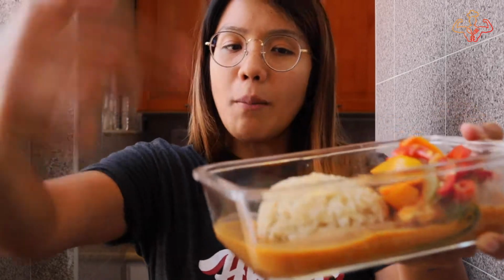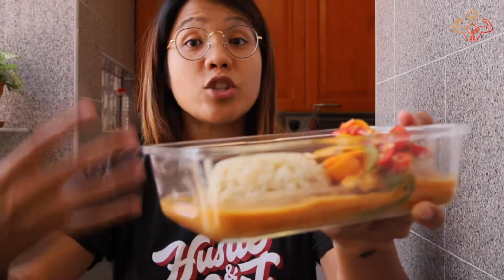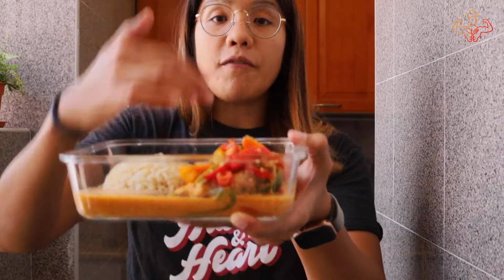What I've done is I've actually swapped the normal white rice with brown rice. You can also have this with basmati rice, completely up to you. And I've added lots of veggies and actually made this colorful too. So as you can see right here,